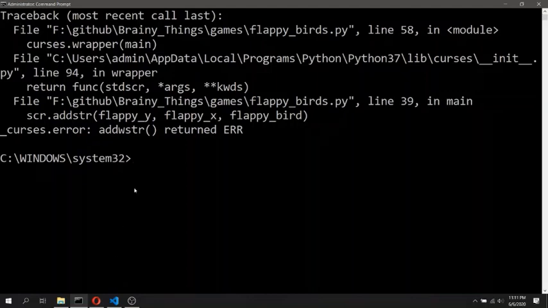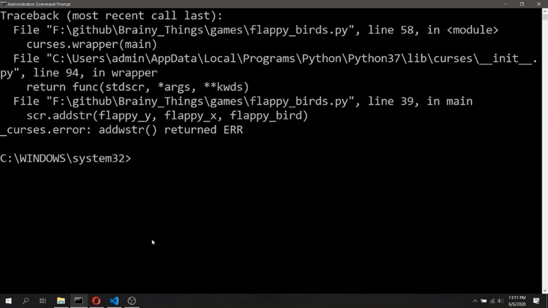Okay, even after the game over condition happened, the code didn't wait for the user input and the game crashed because the game logic proceeded to pull the Flappy Bird down outside the screen.